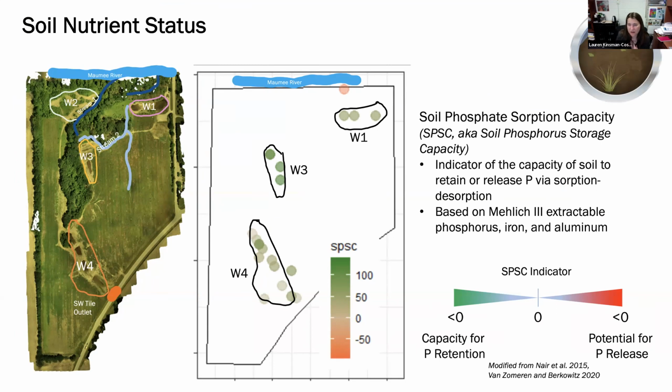It's called soil phosphate sorption capacity, sometimes called soil phosphorus storage capacity. This is a measure of how sticky the soil is for phosphate and how much phosphate is already stuck to the soil. When you combine those two pieces of information, it's just based on a Mehlich 3 extraction of soil, measuring the phosphorus, the iron, and the aluminum in that extraction, and then doing a little bit of math to get at a number that tells you whether the soil